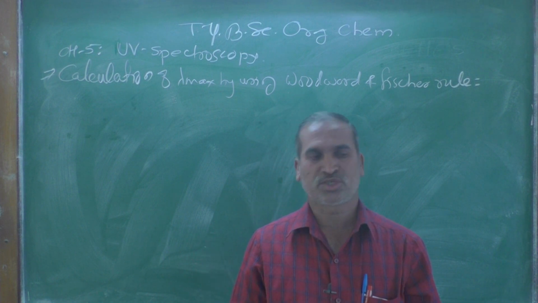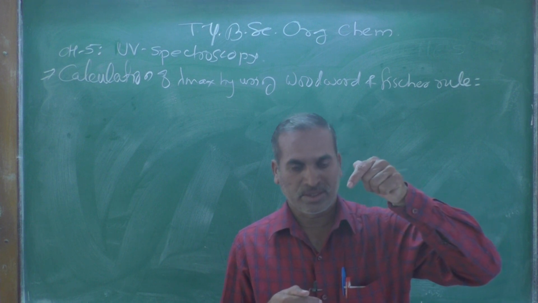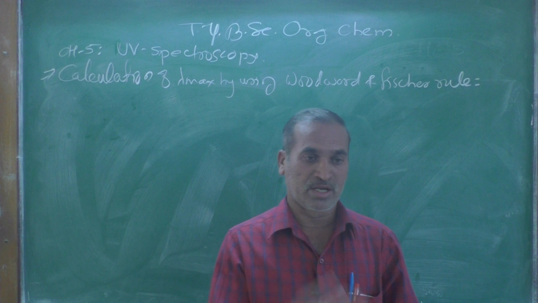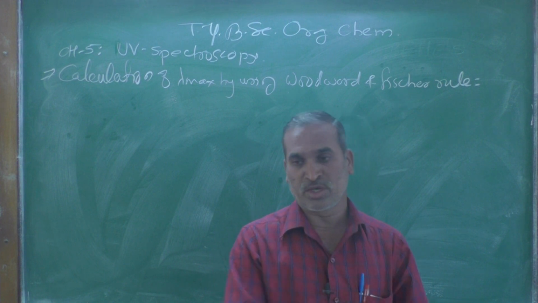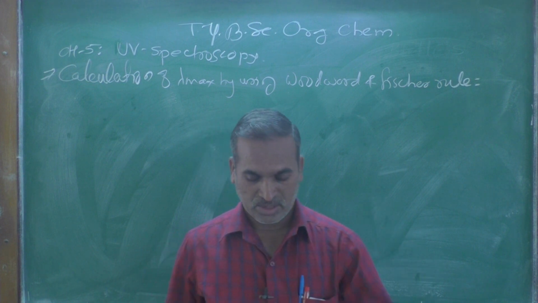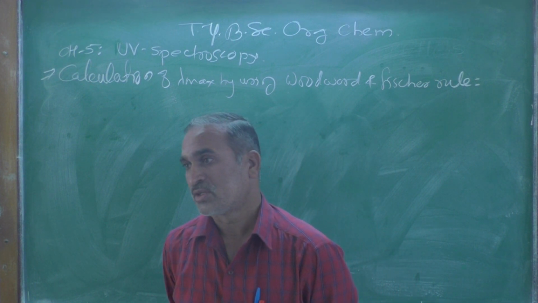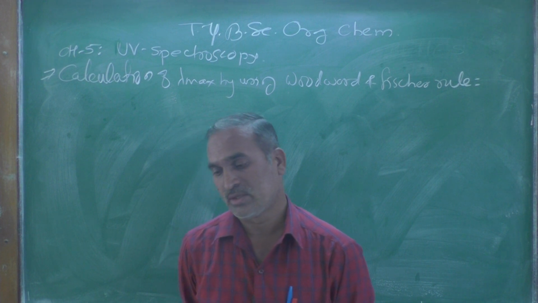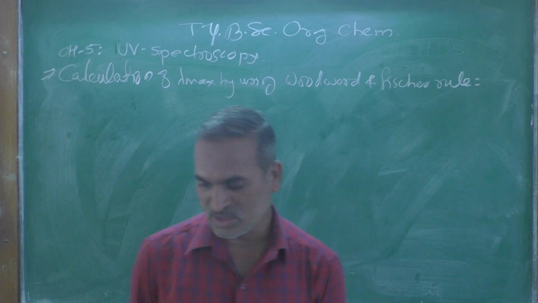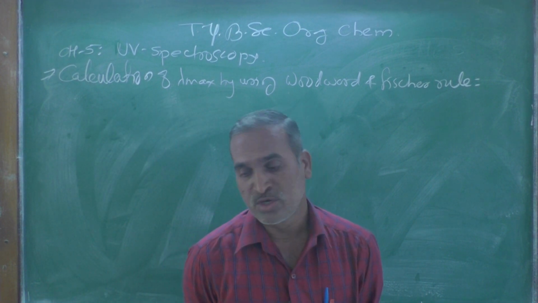And then extended conjugation: beyond the diene system, if an extra double bond is present in conjugation, then we add 30 nanometer for it. So in this way we have discussed, I think about 15 examples we have solved